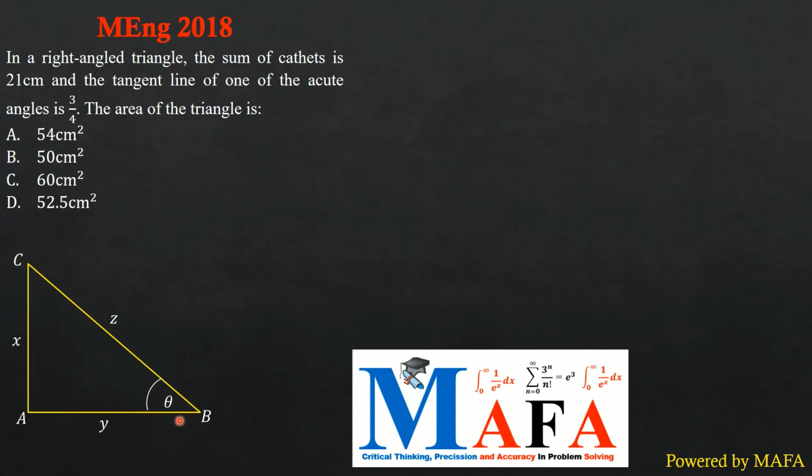So let me just call this angle theta. I could still put the angle here. My results will not change at the end. I'm still going to get the same answer if I am looking for the area of the triangle. Alright, so this is a figure that we have